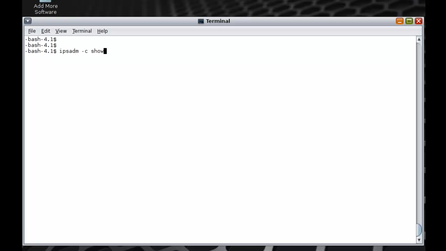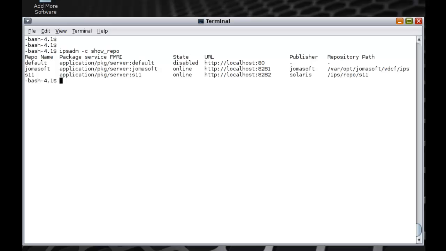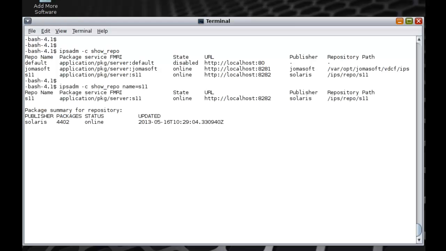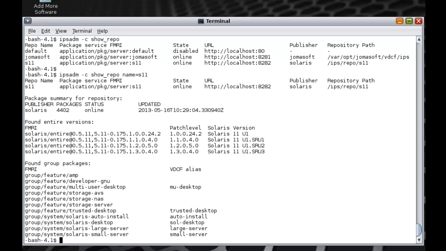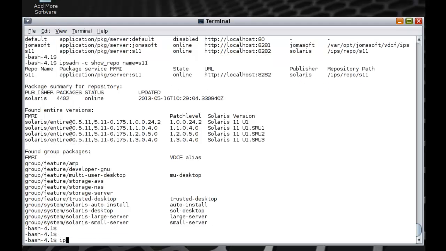Here we are on the central VDCF management server, where we'll use the VDCF command ipsadm to manage our IPS repositories. There are already repositories set up. We display the details of the S11 repository. Creating a new repository using VDCF is very easy. Specify a name and the repository